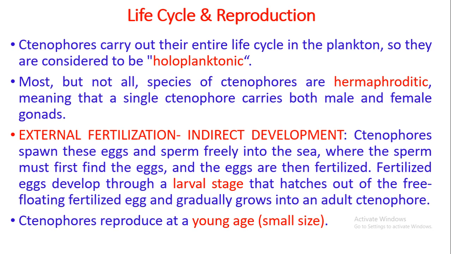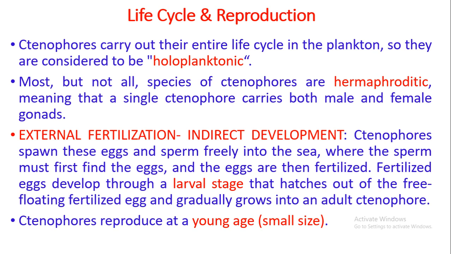They are found swimming at the surface of the marine waters. And they are hermaphroditic, which means they are bisexual. A single ctenophore organism's body will carry both the male and female gonads or the primary sex organs. That means one organism will be producing both the sperm and the egg, right? Another important aspect which was discussed previously was that the fertilization is external. The sperms and the eggs will fuse and fertilize. Fertilization will happen outside the body of the ctenophore.